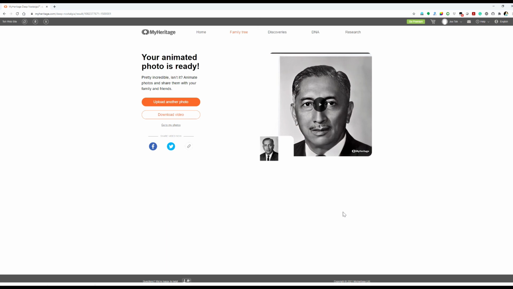This is something that you have to take note of, because some people might not be able to handle such emotion, where a loved one, especially one who has passed on, is being animated and comes to life. I mean literally on the photograph itself, coming to life in animation. It might create that kind of emotional outburst in them. So please use this technology carefully and enjoy it while it lasts.